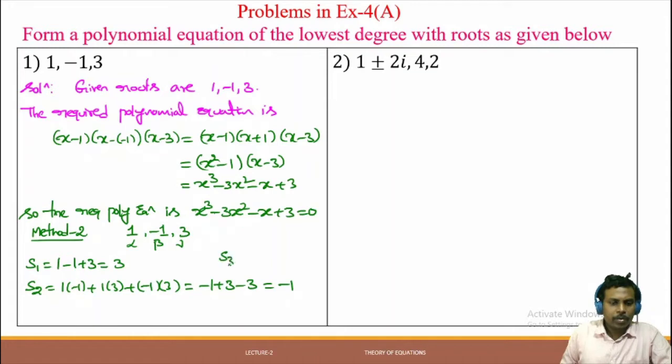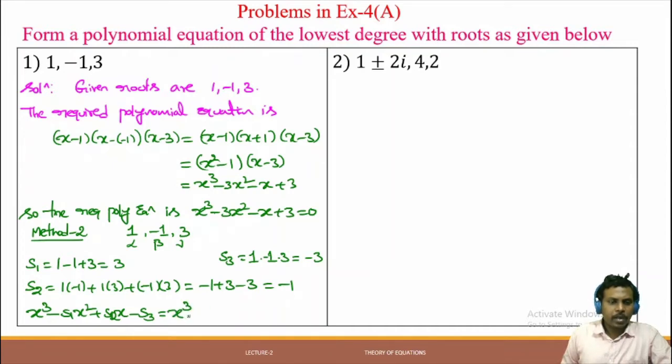Now let us compute S3. S3 is what? The product of all the three given roots. So 1 into minus 1 into 3, that is equal to minus 3. So the required equation is what? x cube minus S1 into x square plus S2 into x, this is S2, minus S3 is equal to x cube